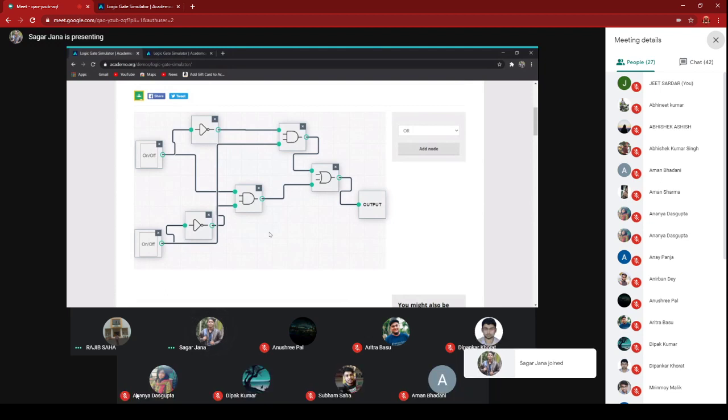So this one. It is A bar B and B bar A. Okay, very good. Sagor, can you turn on both the inputs? You can see that when Sagor turns on the first one, the output becomes 1, and when he turns on the second one, the output becomes 0. So with both inputs, we are getting 0. So for 1 1 or 0 0, it is 0, and for an odd number of 1s, we are getting a 1 at the output.